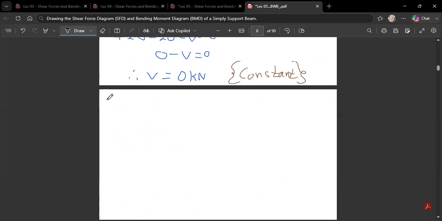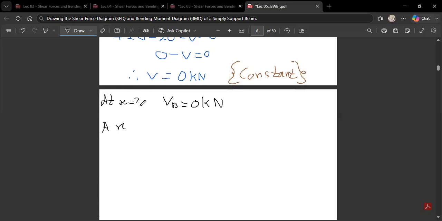So I say that at x equal to... no, the first one is 3 meters, because the interval started from 3 to 6. So at x equal to 3 meters,